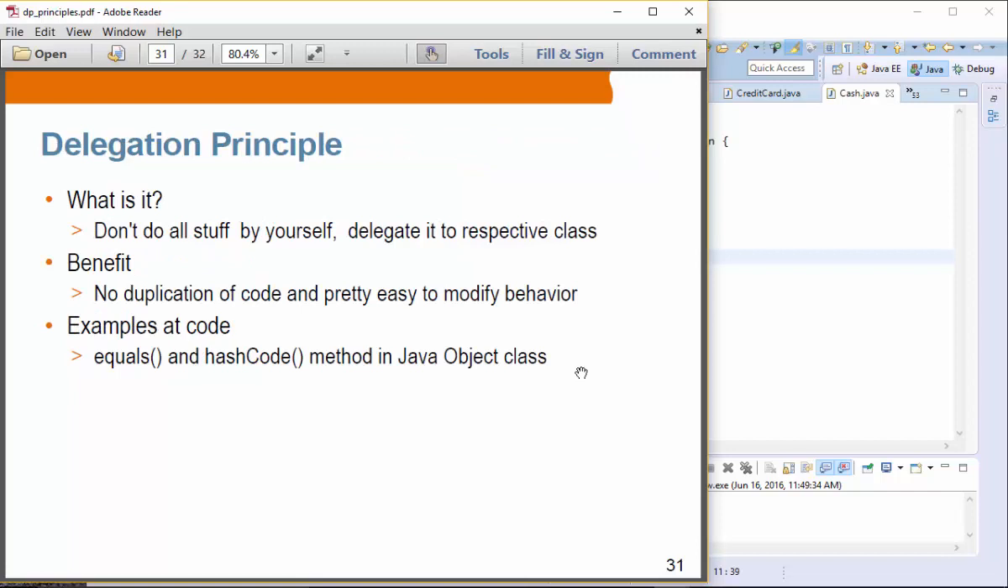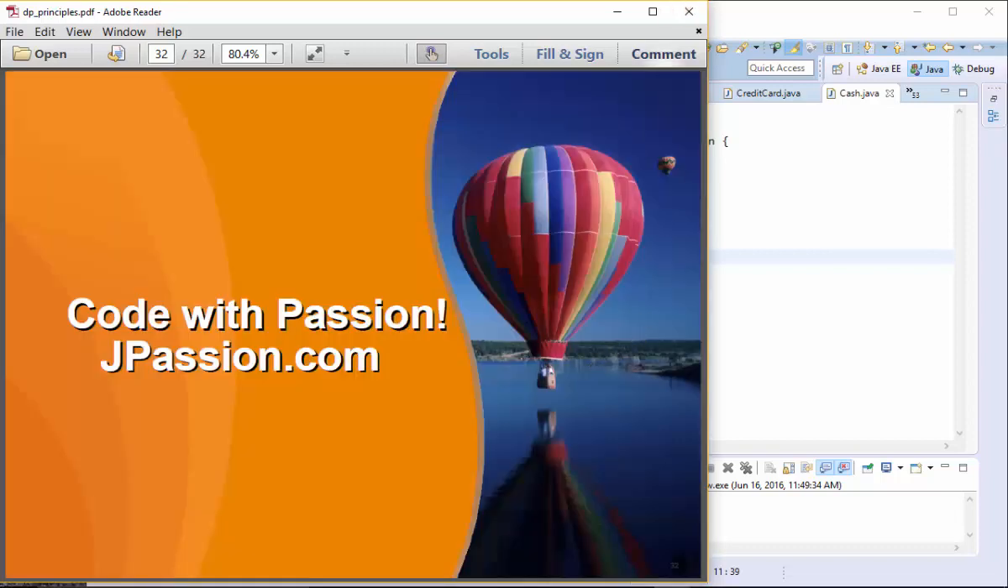Delegation principle. Don't do all stuff by yourself. So this is kind of related to the single responsibility principle as well. Delegate it to the respective class. Benefit: no duplication of code and pretty easy to modify behavior. Example in JDK: the Object class has equals and hashCode methods, right? And those methods could be implemented by the subclasses. Okay, so let me just